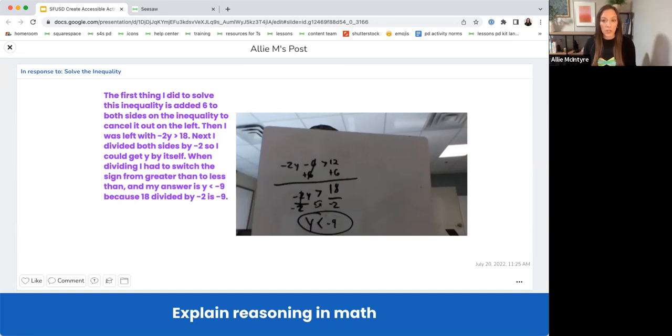Now, you as the teacher are able to check the student's understanding. And if there's a teaching moment here, if a student made a little mistake, it is easier for you to understand where that reteach needs to occur, since you can easily either read or listen to the student's reasoning for each step of solving that inequality.